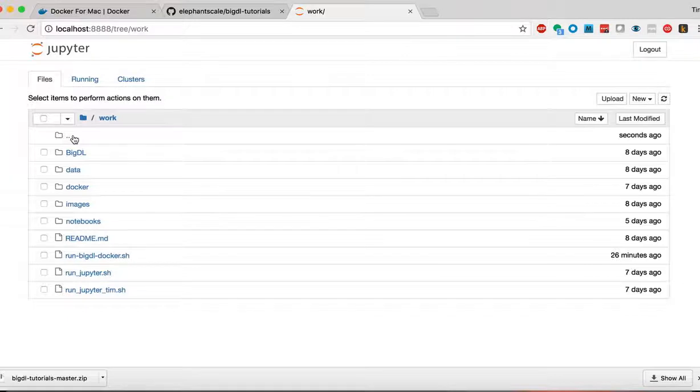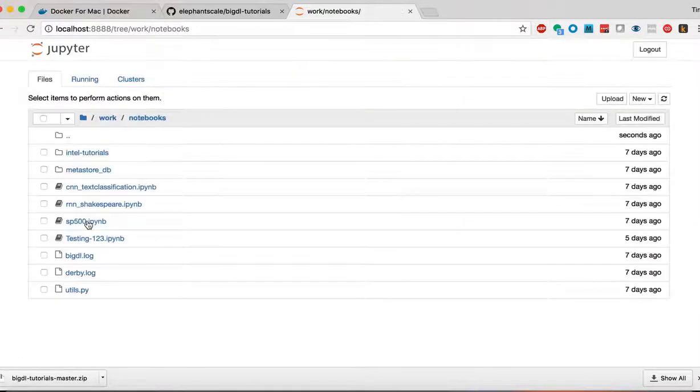Let us now go and check out what we have. We have here a BigDL distribution. We have some data. We have our Docker files. We have some images here. And we also have some Jupyter notebooks. Since we're running inside of Jupyter, I am going to click here on the notebooks directory. We just want to make sure right now of where we are in running our Docker containers.